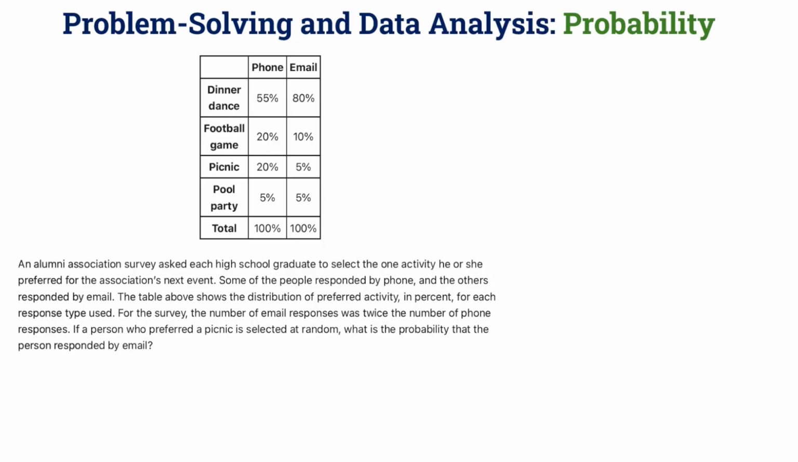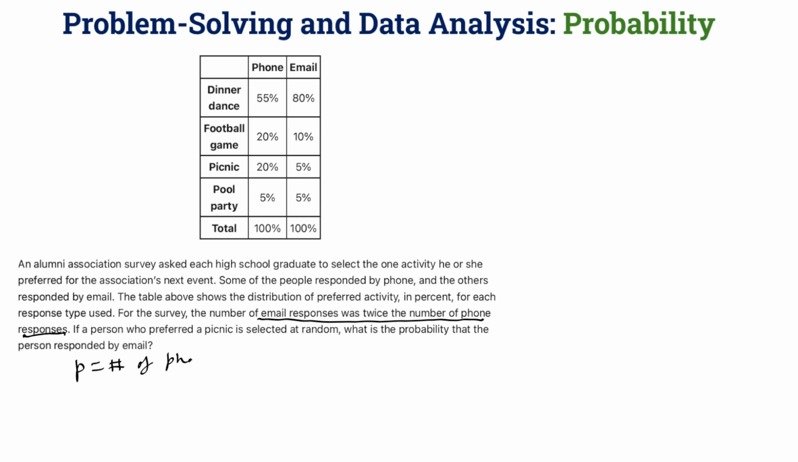The final problem deals with probability, which is from the problem solving and data analysis portion. Here we're given a table with the percentage of responses by phone and email respectively for an alumni association survey. The critical information here is that the number of email responses is twice the number of phone responses. Okay, so let's say let P be the number